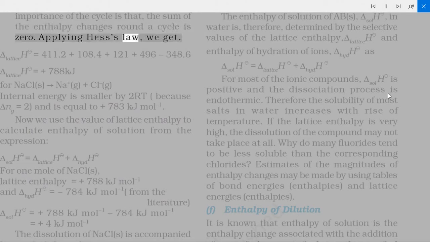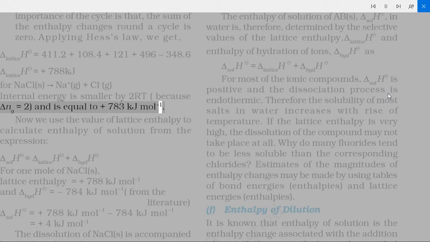Applying Hess's law, we get lattice ΔH = 411.2 + 108.4 + 121 + 496 − 348.6. Lattice ΔH = +788 kJ for NaCl(s) → Na⁺(g) + Cl⁻(g). Internal energy is smaller by 2RT, because Δng = 2, and is equal to +